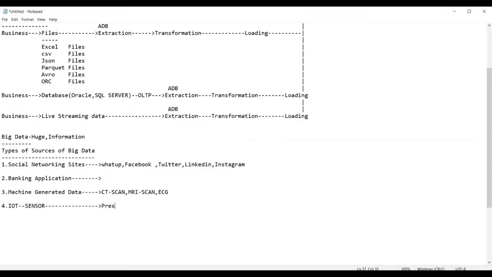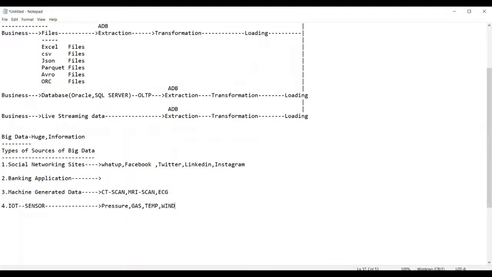pressure, and even gas pressure, and it measures even the temperature, and even the wind. All these are sensors which basically measure.